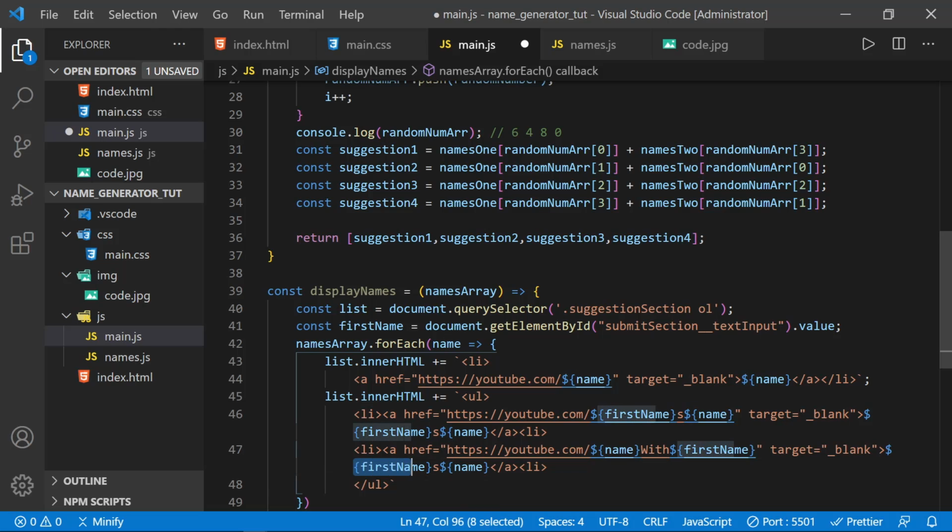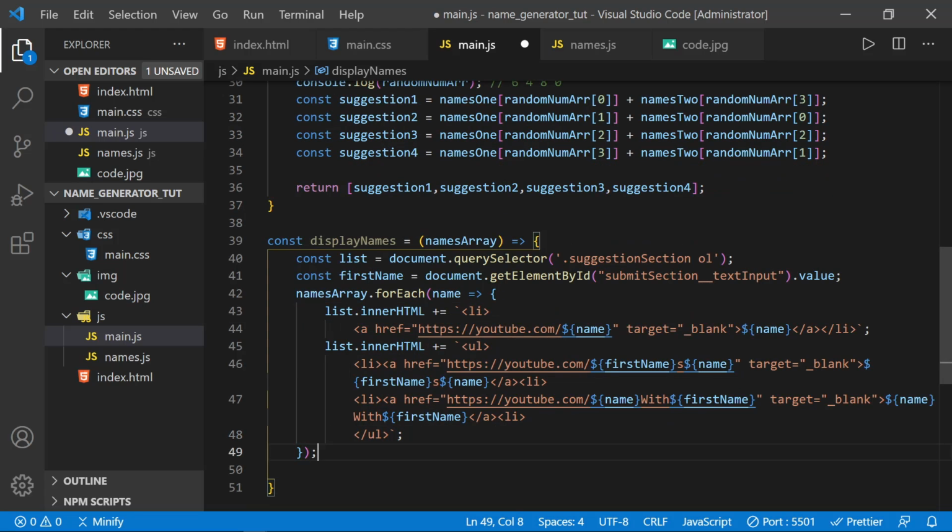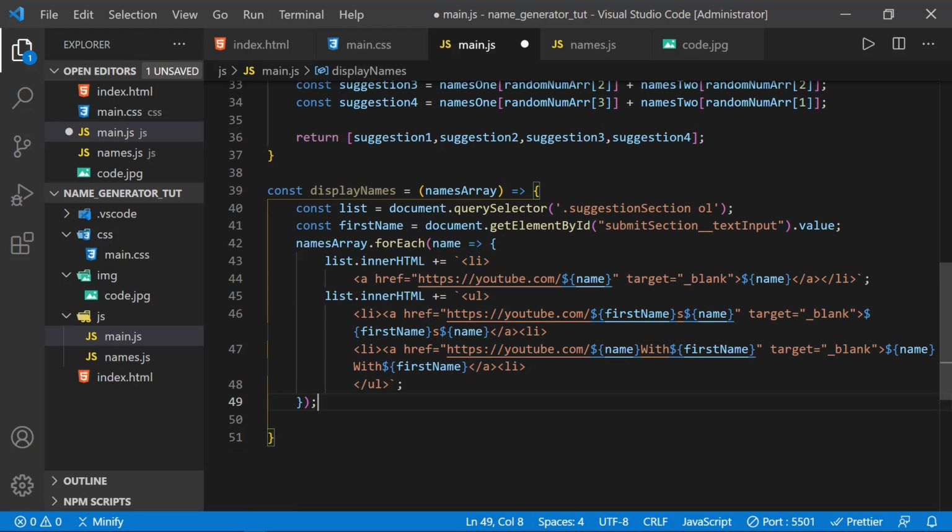Well, there we've got the $ sign there. Okay. First name, we need to get rid of this S. So it's name with first name. So this would be dev life with Dave versus Dave's dev life. There we go. And now we've completed all the inner HTML, and we've completed our for each loop, but it